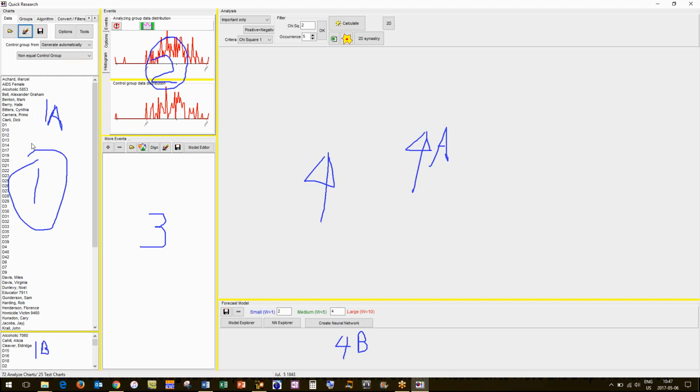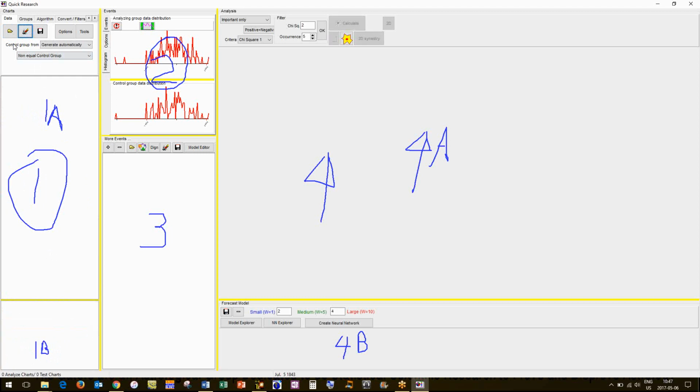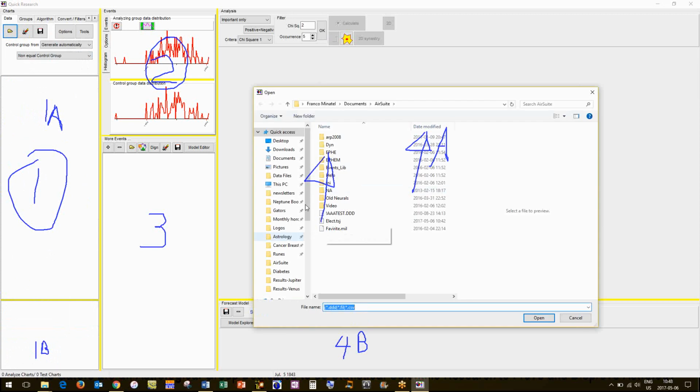So let's say you collect 1,000 charts, you might want to work on 750 of those charts, and then save 250 for your verification to make sure your model works. But that is not what this 25% is here. This, again, is just for running the neural net. So we'll keep that in mind. Again, this erase button gets rid of that. I also want to show you what this filter does.